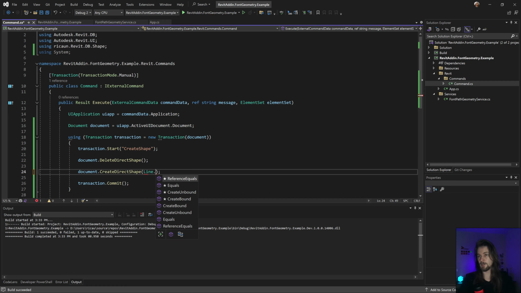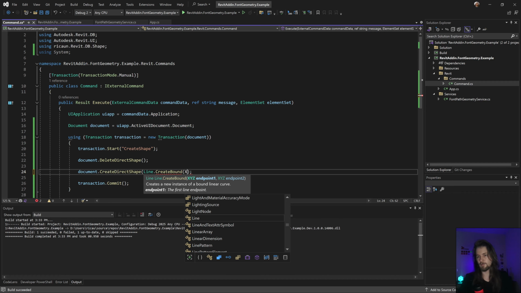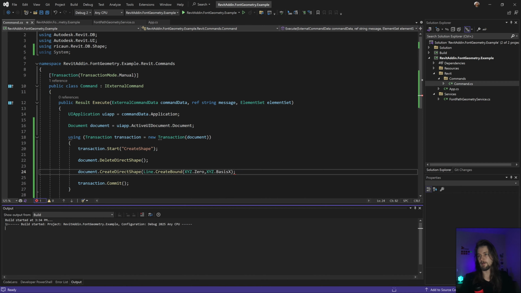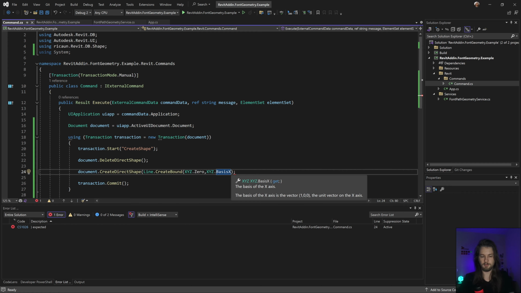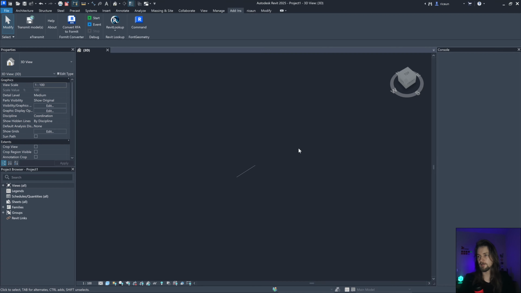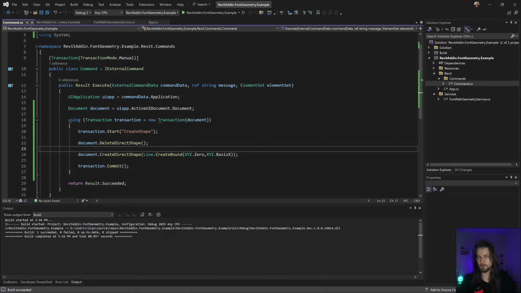Like that I can create a line as well. I create a bound line with XYZ at 0 and XYZ dot X. I forgot this one, but if I do something like this, I can create a line pretty easily. I can create a lot of lines and points as well.